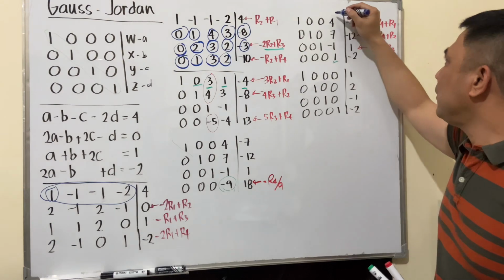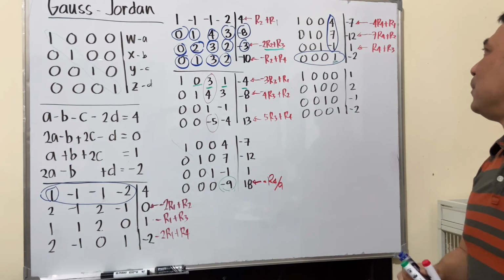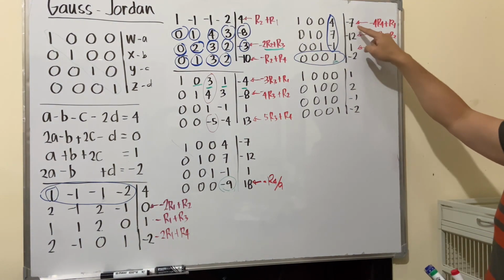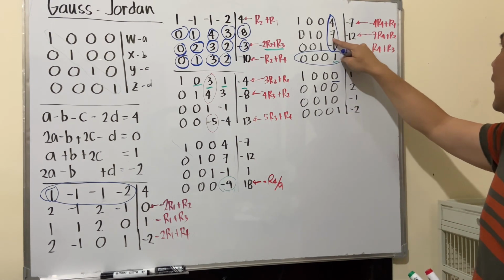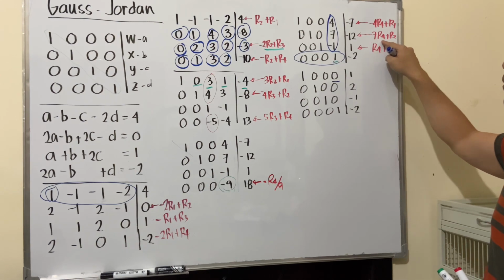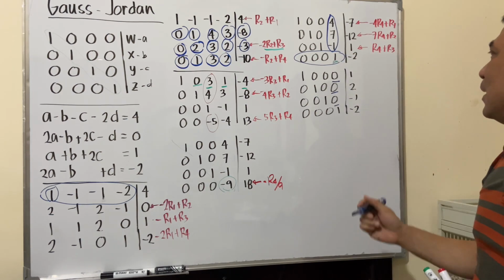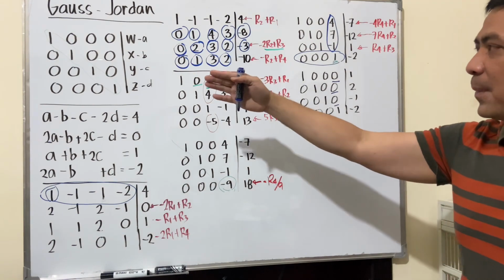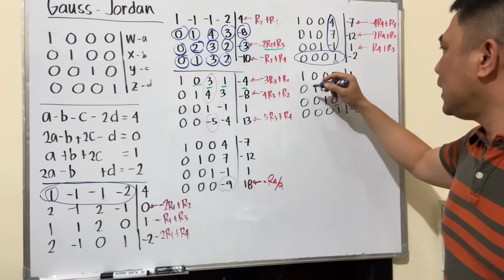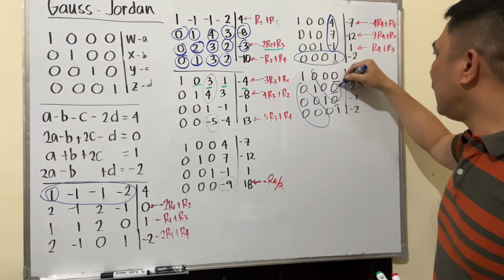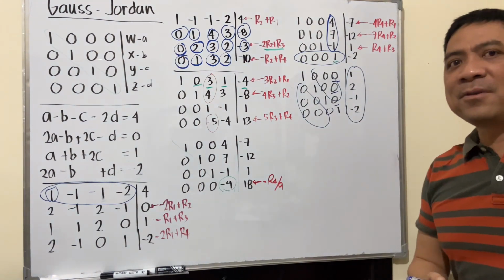So again, you have to make this one 0 using row 4 as your reference row. So how will you make that? If you have negative R4 plus R1, it will make 0. Negative 7R4 plus R2 will make 0. R4 plus R3 will make 0. So if you were able to complete all the cycle, and make all this 0 and all this 0, and you have diagonally 1, then what comes out here